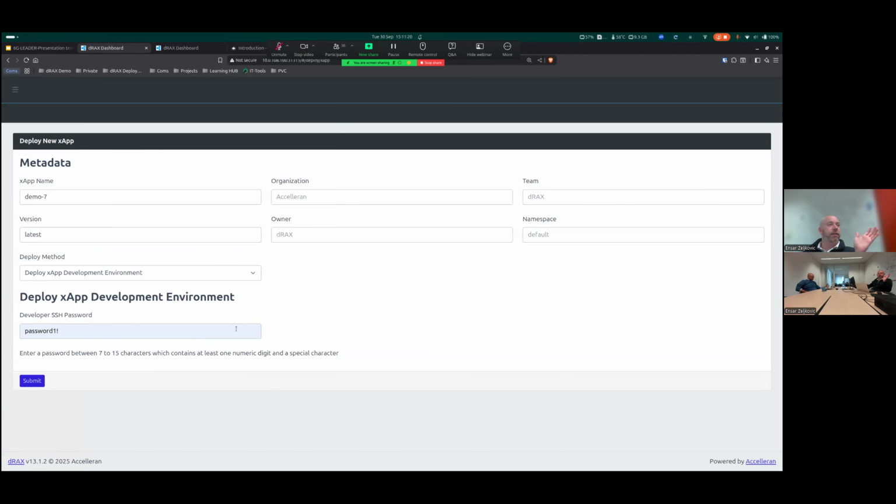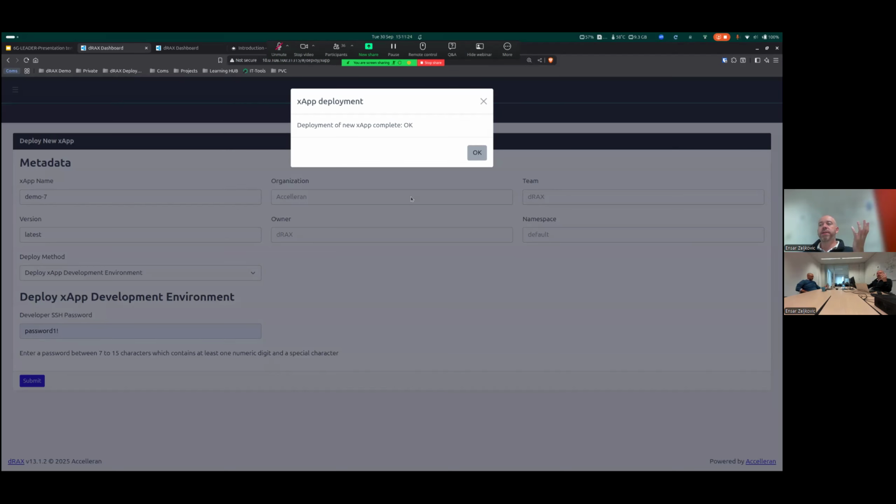And basically that's it. That's all we have to do. Once we click the submit button, in the background the development environment is being downloaded from our repository. It's being installed on top of our RIC and integrated into the RIC, so all the interfaces and clients will hook into the right places and discover the IPs, ports, and all of these low-level details, which the developer does not need to do, and you get access to a development environment.